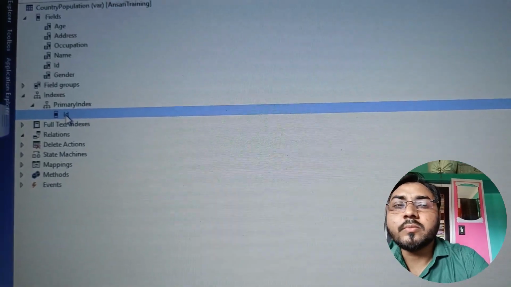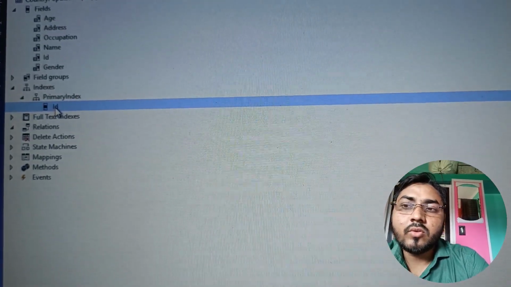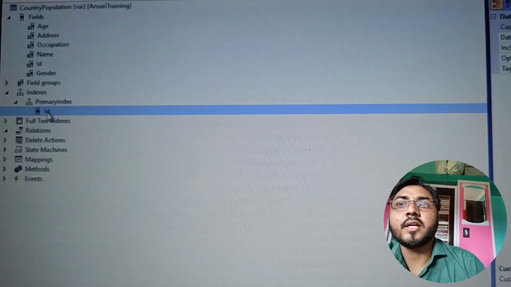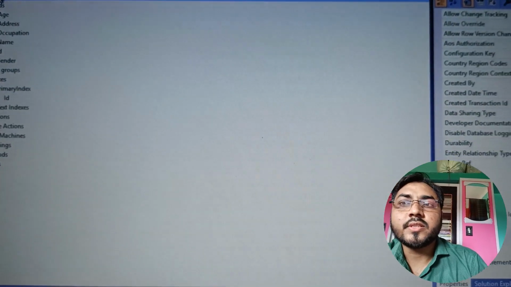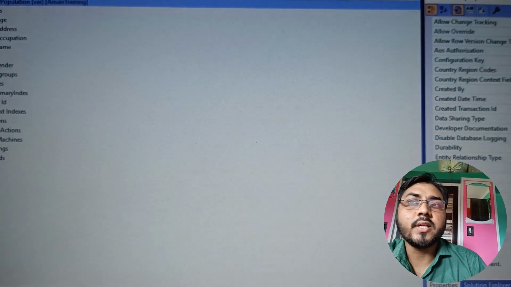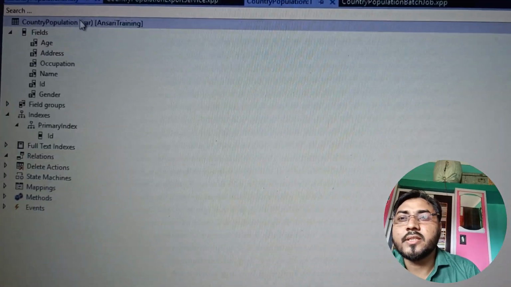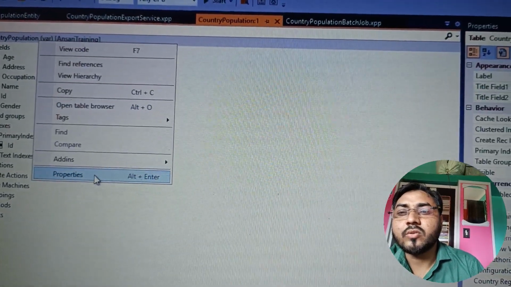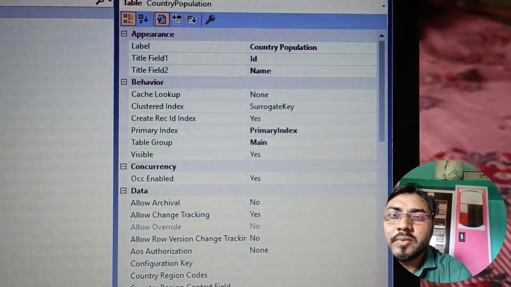So this field will be a primary key, and the value of this field will not be duplicated, and you have to specify that index in your table. So how will you do that? You have to select your table, and like this you right click, or press Alt Enter, and then select the properties of the table,